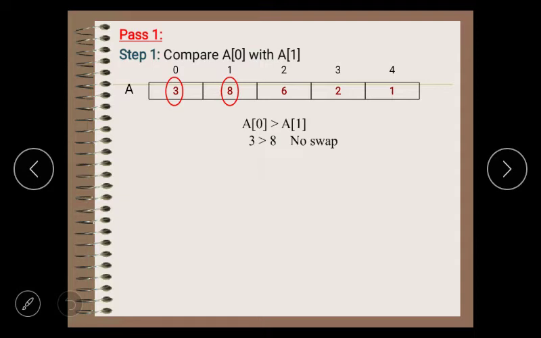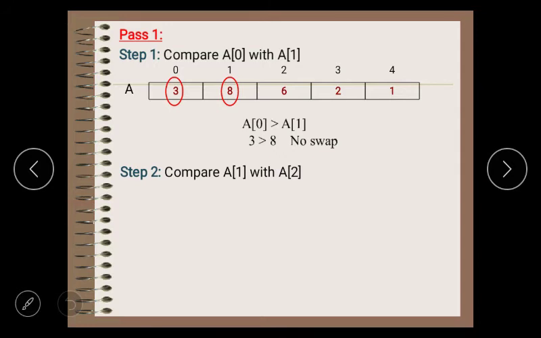Here a of 0 is 3, a of 1 is 8. Now see the relation: is 3 greater than 8? No. If the condition is not true, there is no need to swap those two elements. If the condition is true, only then we do the interchanging of the elements.